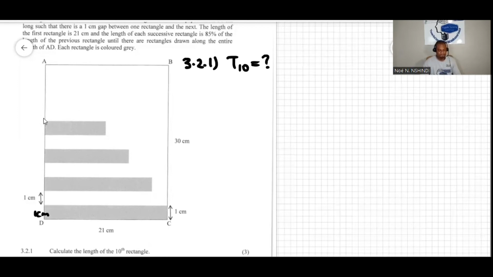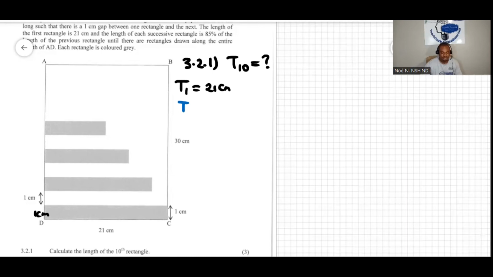Then it is given that the first rectangle, T1, is equal to 21 centimeters long. The following one will be 85% of the previous rectangle, and so on for each rectangle. So if T1 is 21 centimeters,